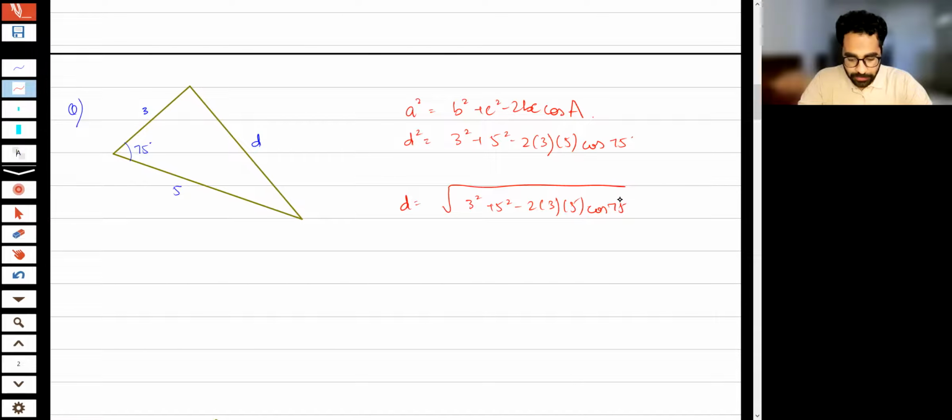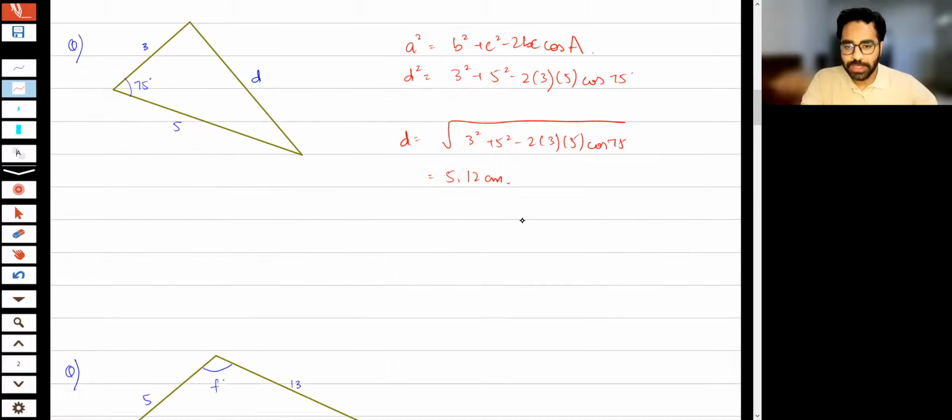And what is the answer for that? Let's check. 5.12 centimeters. ठीक है।